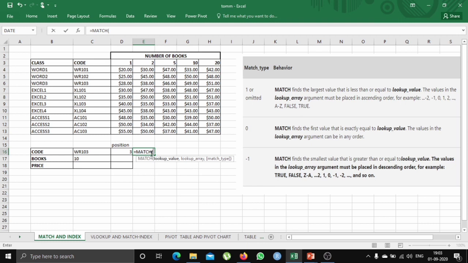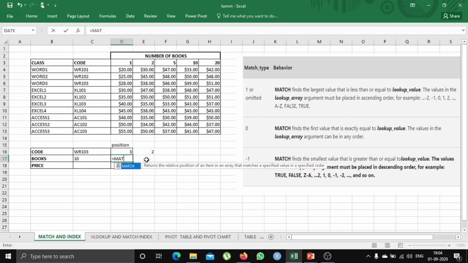You can also do this by selecting the row. So again, let's go to XL104. Suppose we want to find the position of XL104, running through this row. As we can see, it is second position. Let's see what value we get. We have got second position, so the function we entered was correct.